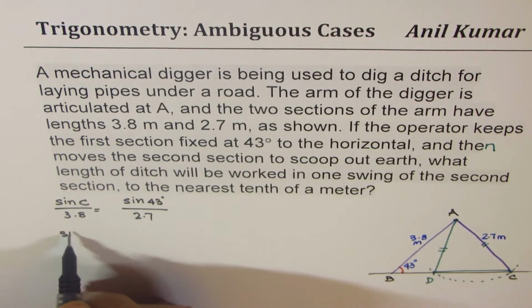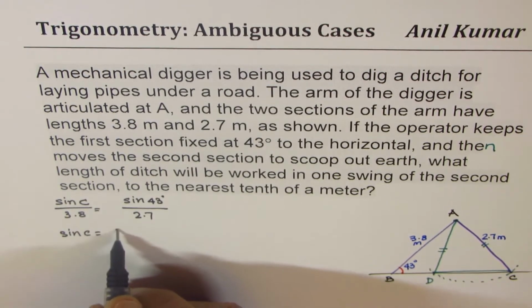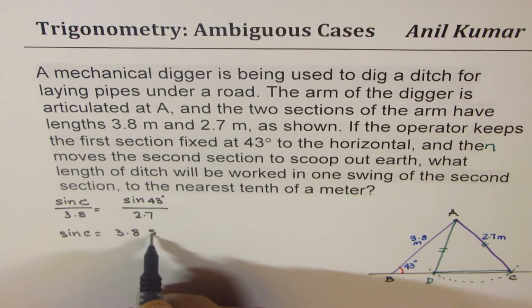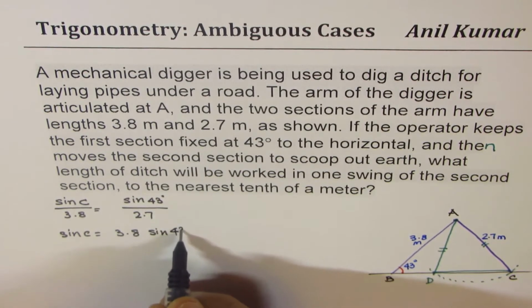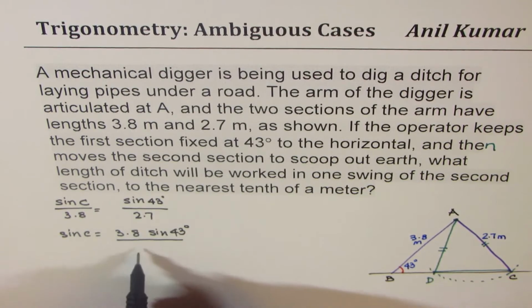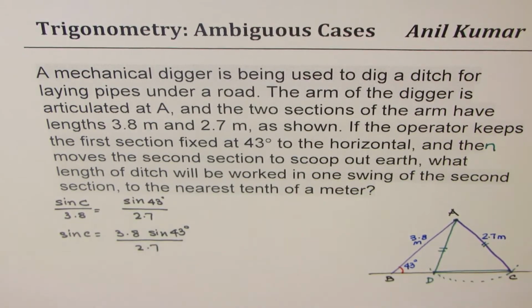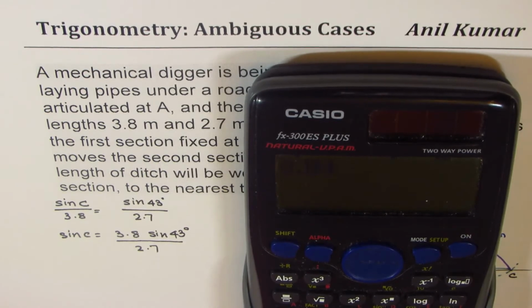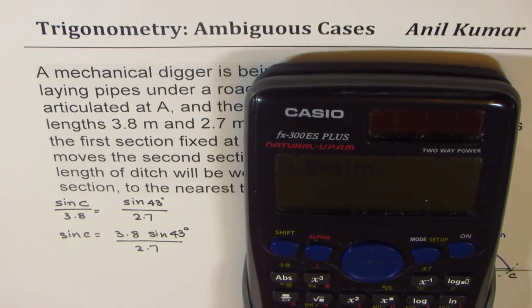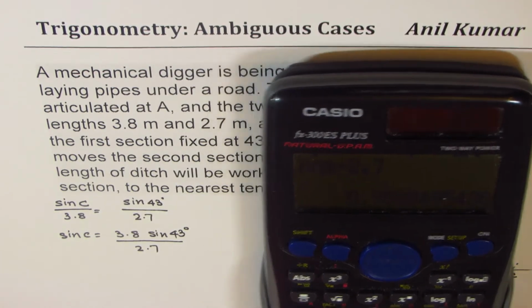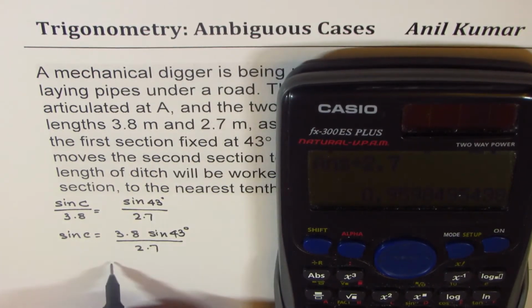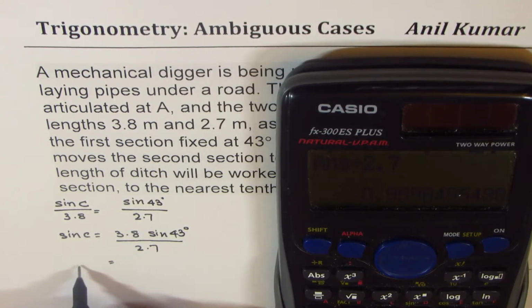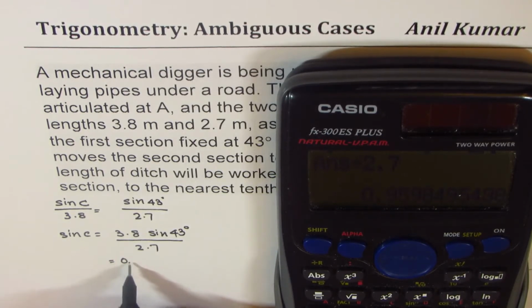So sine C is 3.8 times sine of 43 degrees divided by 2.7. So let's calculate this. So we have 3.8 times sine 43 divided by 2.7 equals, okay, a huge number, right? So we can write this number, let me write 4 digits,